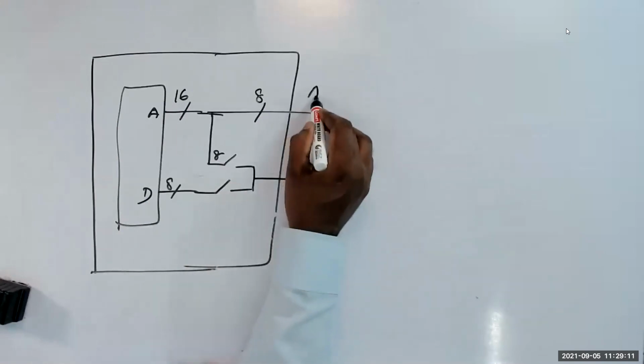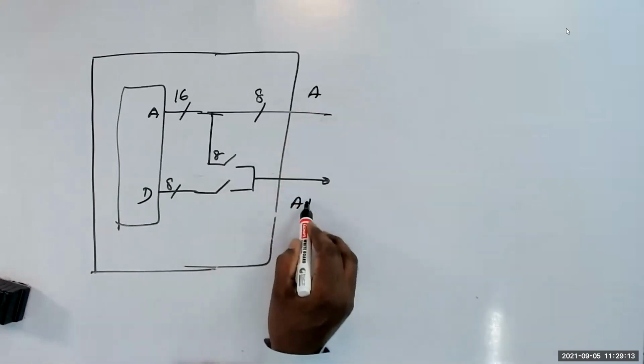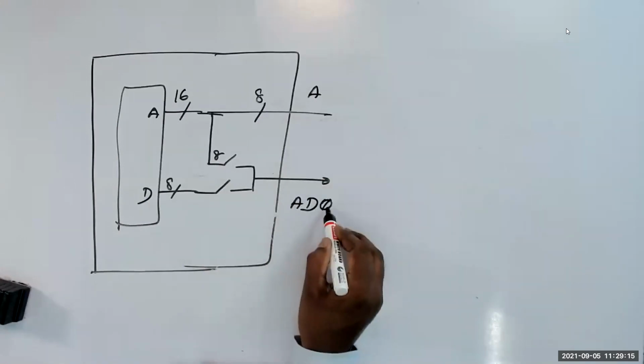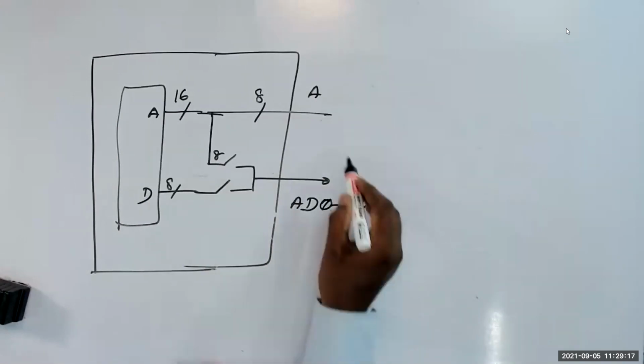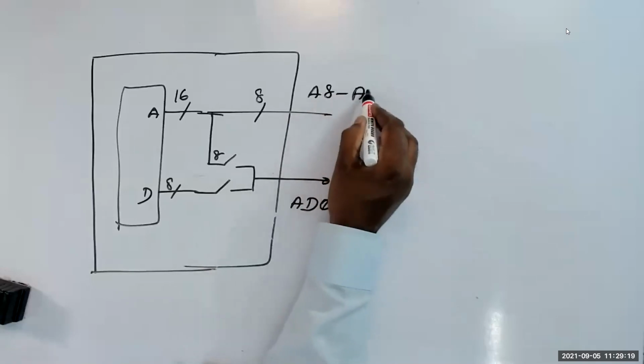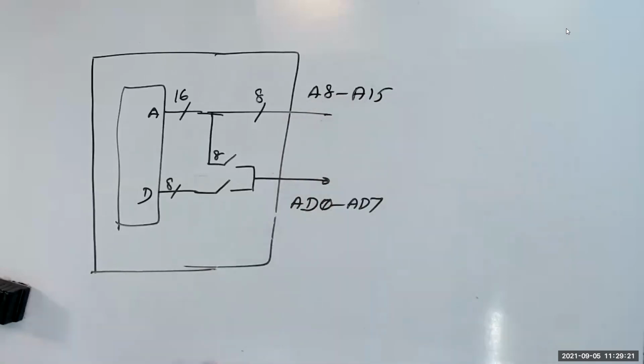This is AD, AD0 to AD7, and A8 to A15. Okay. Now, the trick is